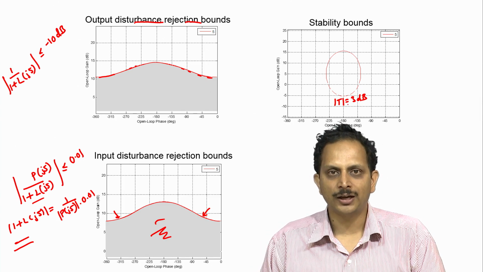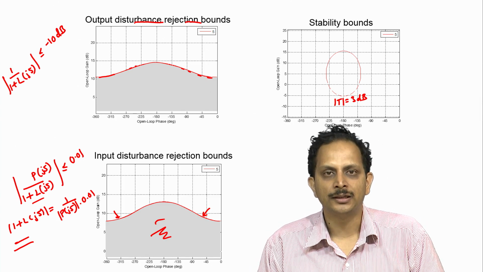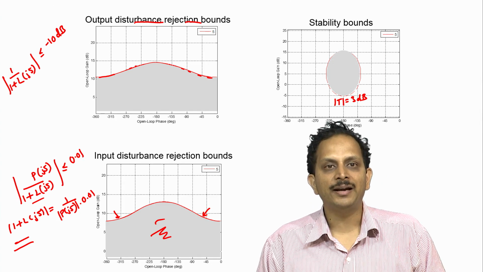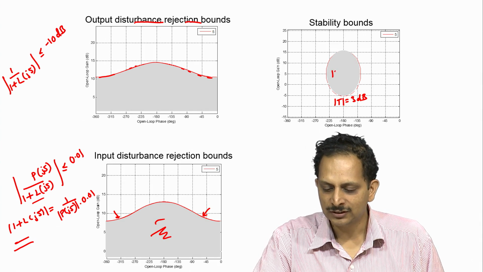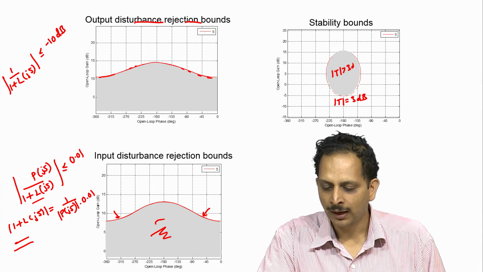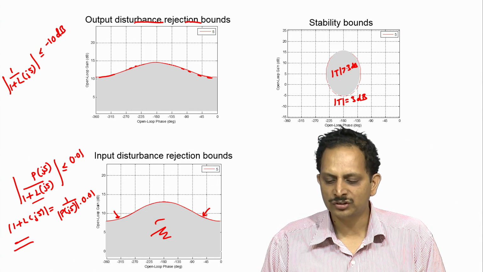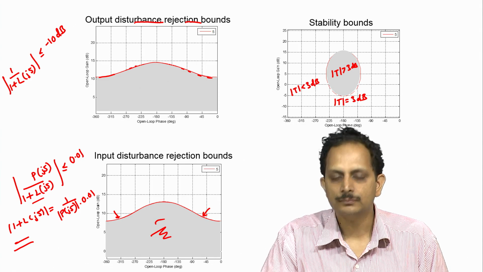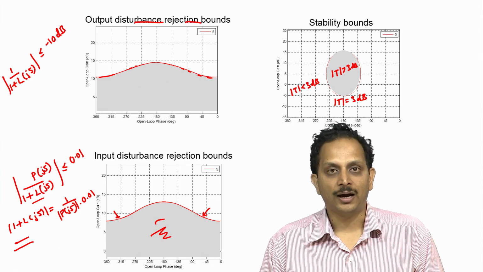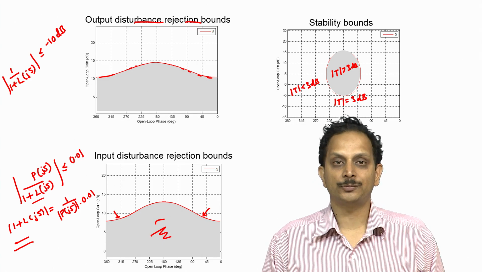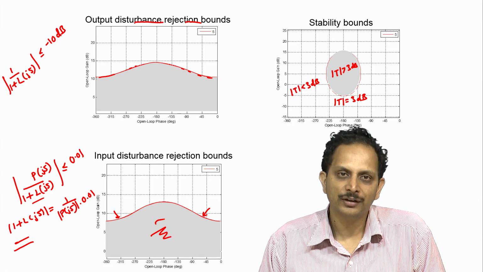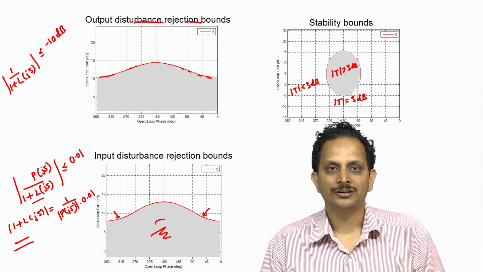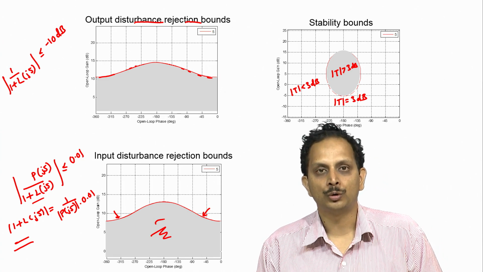And this closed curve divides the Nichols plot once again into two parts. One is the part inside the curve where the magnitude of T is greater than 3 dB, and the other is the part outside this curve where the magnitude of T is less than 3 dB. Hence, for us to satisfy the stability specification at this particular frequency, namely 5 radians per second, the white area is the area in which the loop gain is allowed to lie.